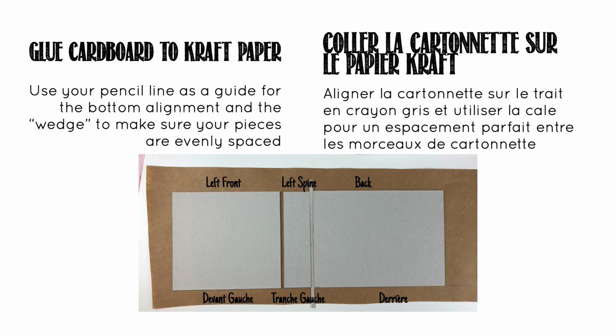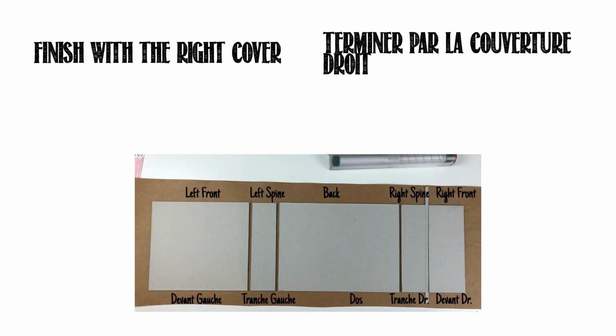Glue it down. Put your wedge or your space guide in between, or just to the right of that piece, and then nestle up beside it the left spine. And then you're going to do the same thing with the back. Nestle that space guide in there and then glue down the following panels. You're going to work your way all the way over to the front right cover,